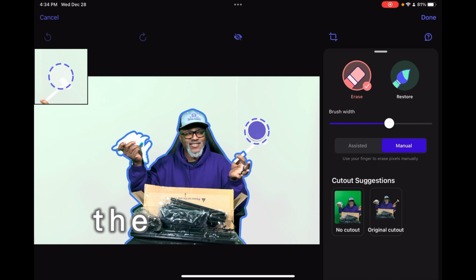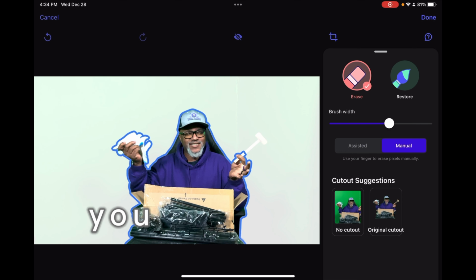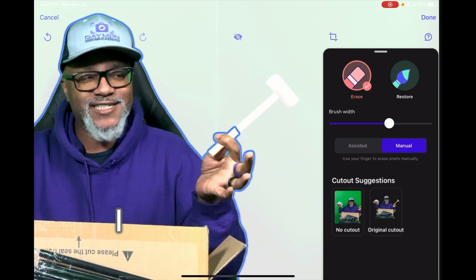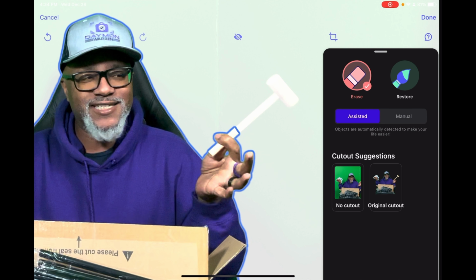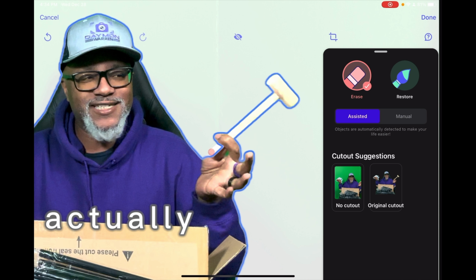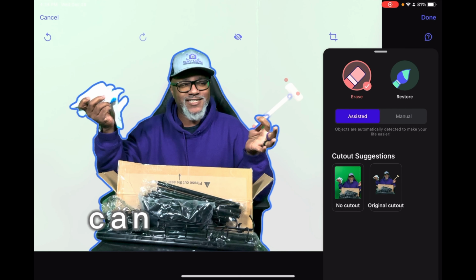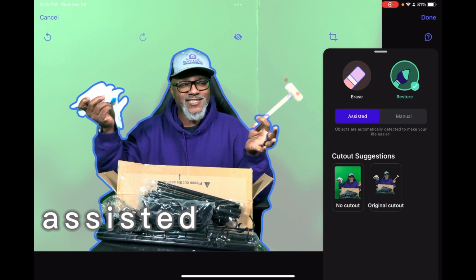In the top corner, it shows you the close-up. So if I want to take that mallet out of this picture, I can do that. That was manual. And then I can hit assist, and I can actually touch on it. The AI will find the best parts to get rid of. I can do that either assisted or manual.